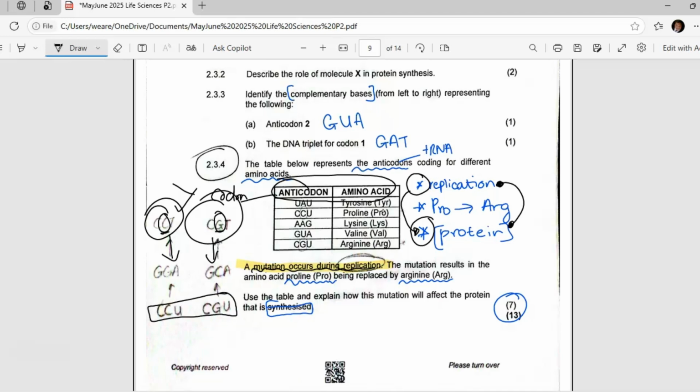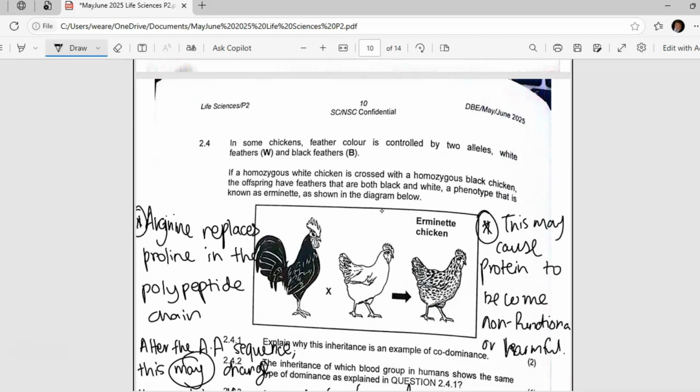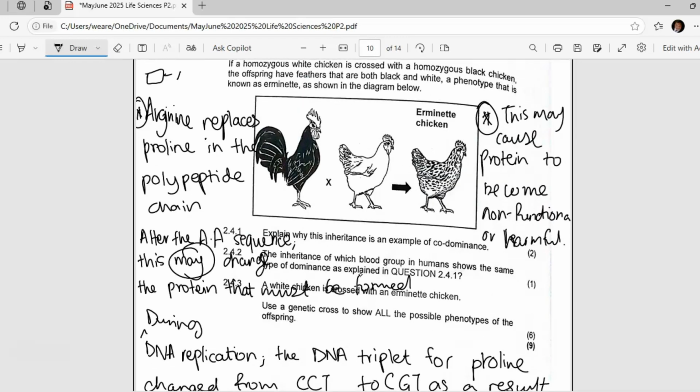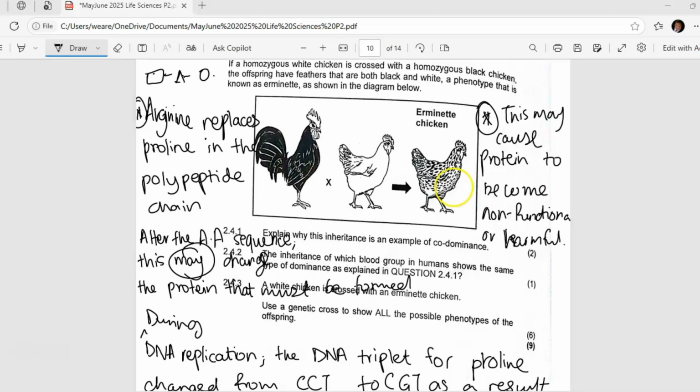Now the important part comes in here. You don't just leave it at changes, you need to say what amino acids, because in the table it was specific that the anticodons match the amino acids. You can't be speaking about amino acids at the other levels because it's not going to be the same. So now you can say CCU would have brought proline, but now it is going to bring arginine. And then we say, obviously now arginine is going to replace the proline in the polypeptide chain. And this will alter the amino acid sequence. And this may change the protein that must be formed. Because remember, if you have amino acids like that, each one is different. And therefore, that protein can become non-functional if one is wrong, and that is